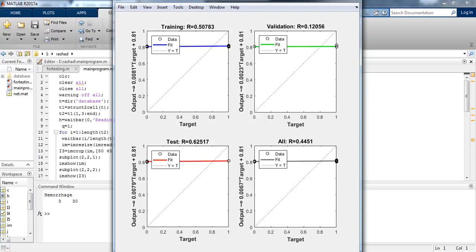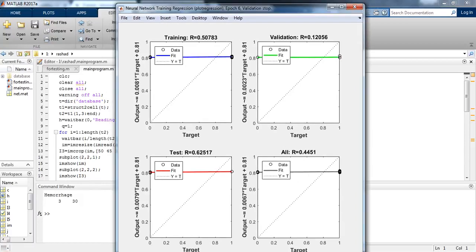The training R is 0.5073, validation is 0.12056, test is 0.62517, and the overall R is 0.4451. So that was the regression.